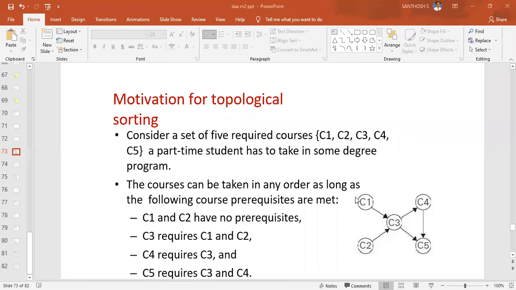Acyclic means it doesn't contain any cycle. So that is the DAG. No is the answer. It will not contain any cycle.